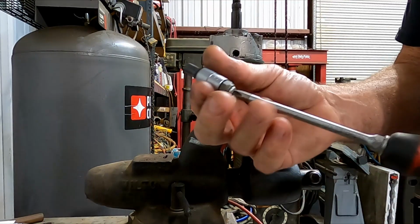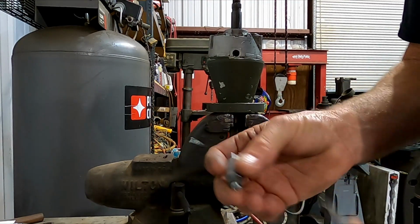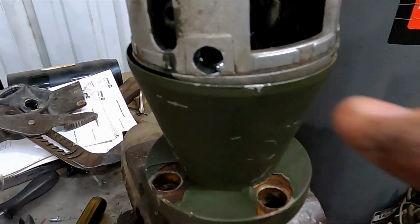Oh, this one came out with just one try. I didn't have to add another nut to it. All right, so now that I have both of these pins out,